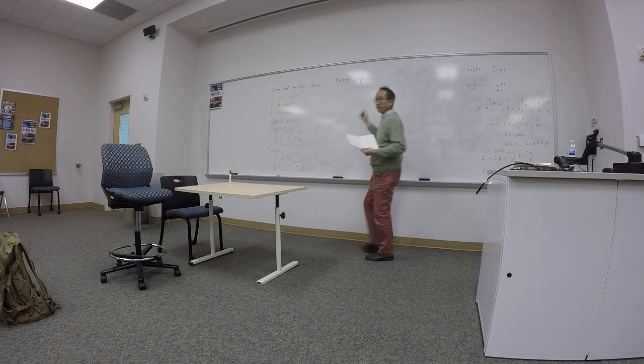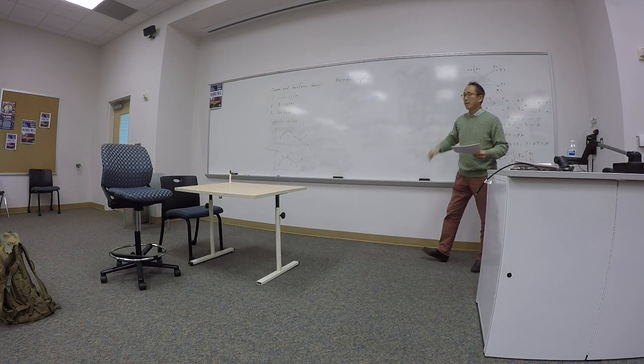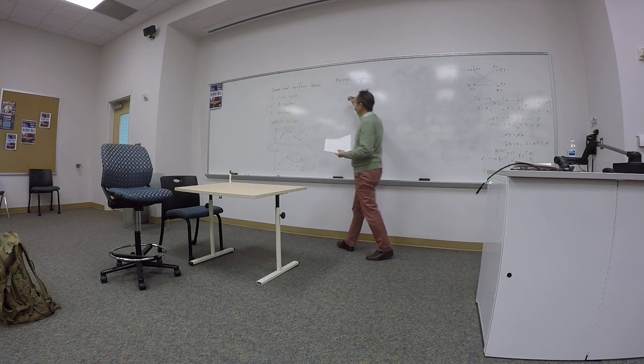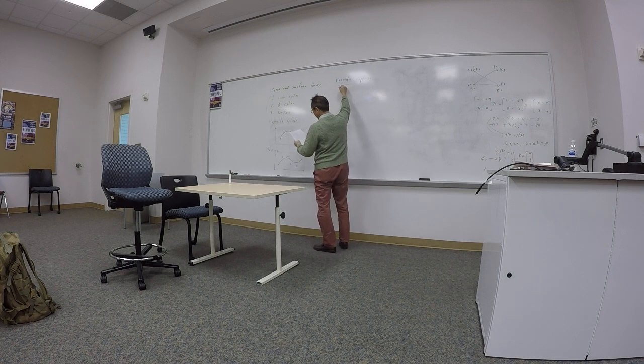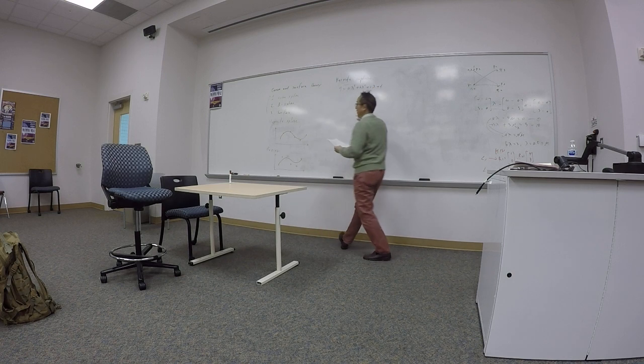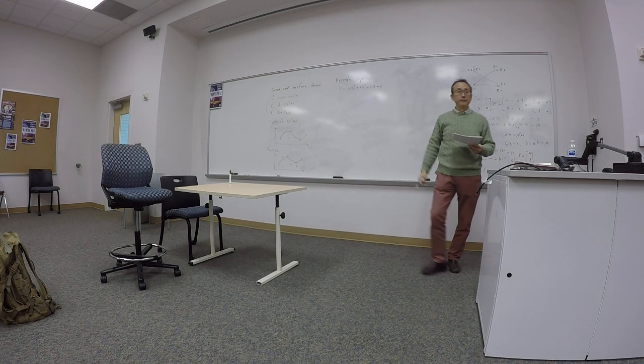For the Hermite spline, what people do is use the equation of a third order polynomial curve, third order